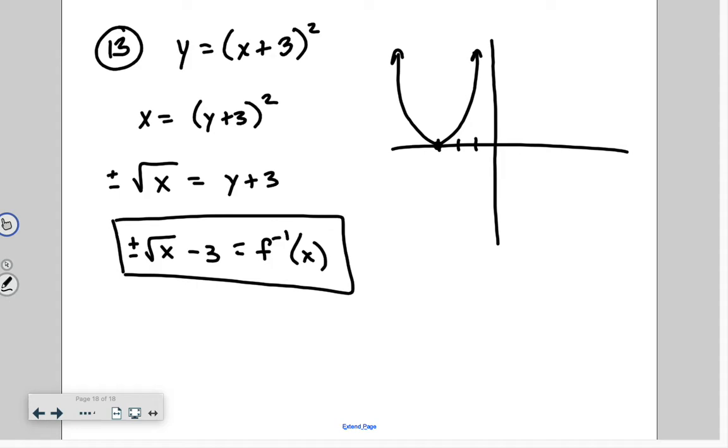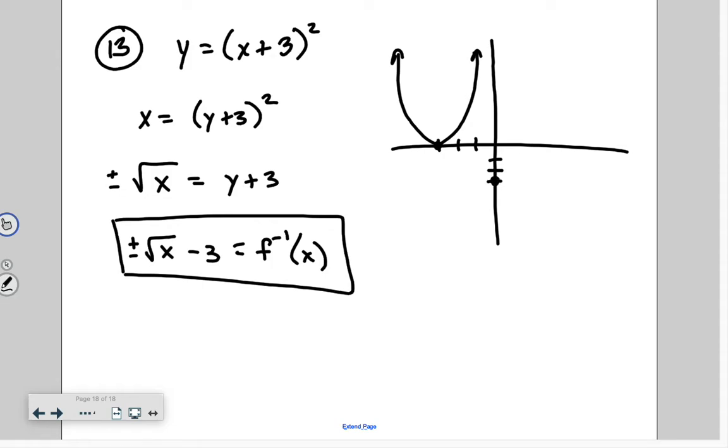Now again, so that's really all they were asking you to do in the problem. I'm adding stuff because there's things you need to be able to do that you're going to see on the test anyway, like graphing it by hand. If we now take a look at this, let's say I graphed this. You have a square root function with a minus 3. What does the minus 3 do to the graph? Down 3. Yeah, because that minus 3 is not under the square root, that means it's a vertical shift down 3. So if I were to take this, let's say I went down 3, there would be the starting point,